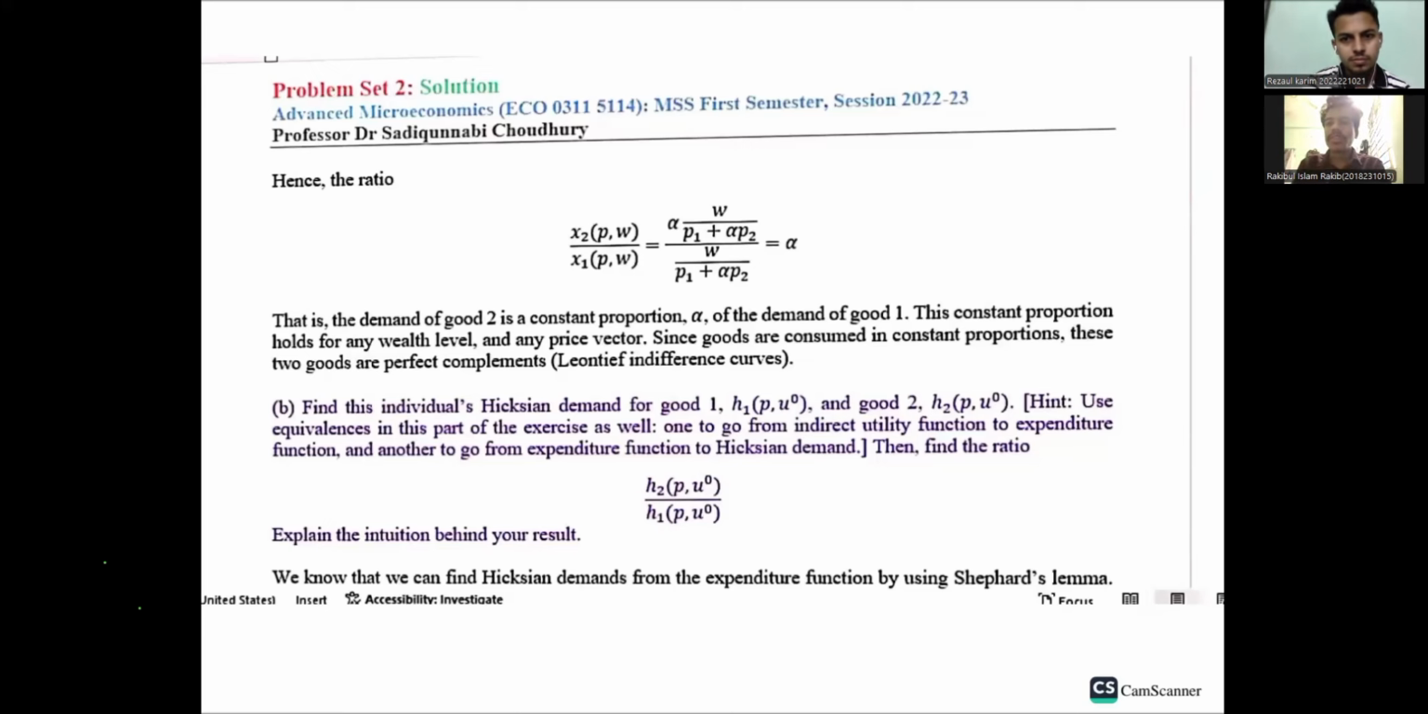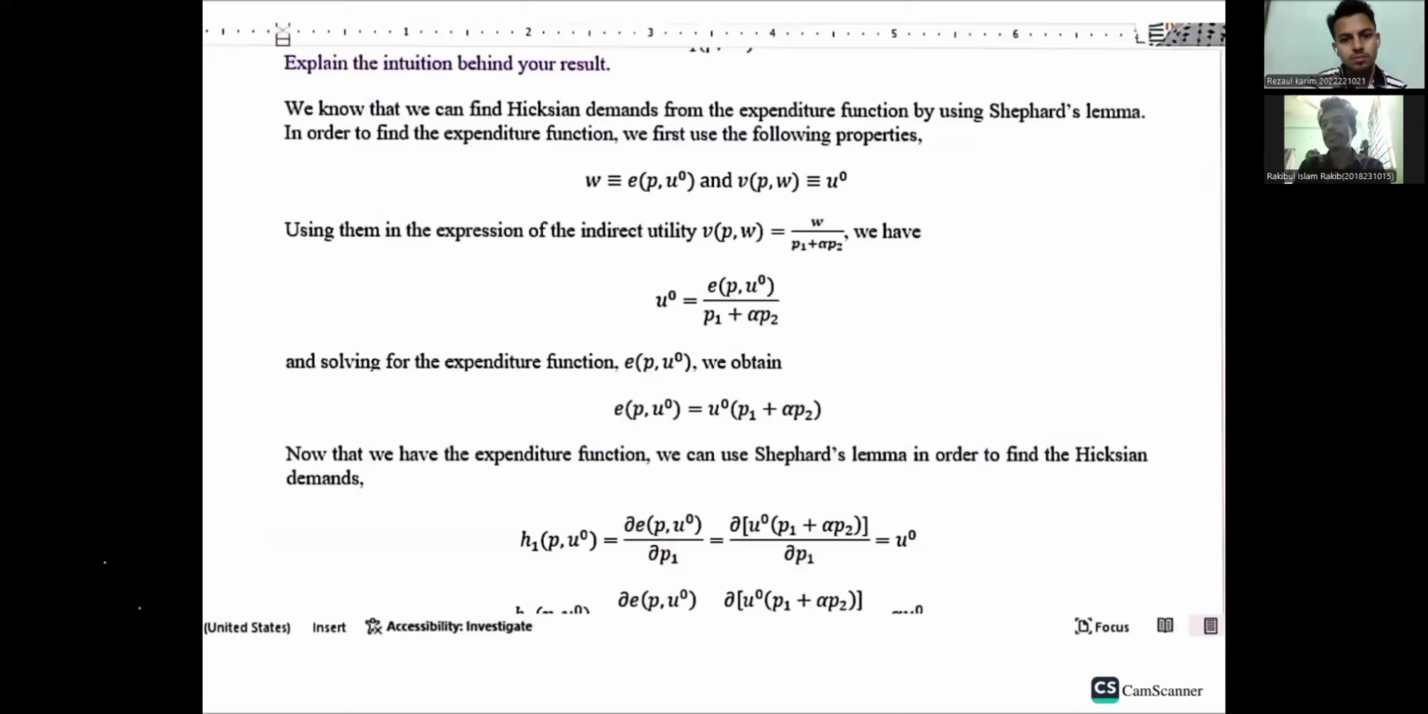Yes, and we can see that if we have to find the Hicksian demand function, we have to find the expenditure function first. So from the wealth function and the utility function, we have to find the expenditure function from the indirect utility function. So if we say that wealth is equivalent to the expenditure e(p, u0) and the indirect utility function v(p, w) is equivalent to u0,